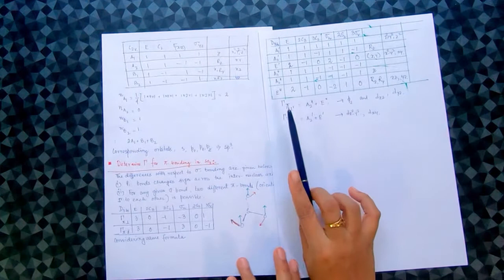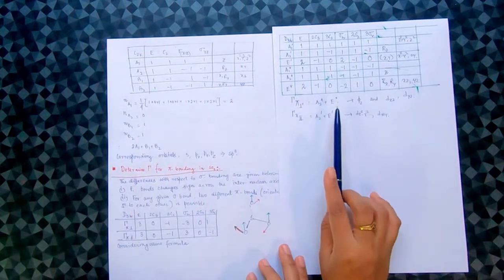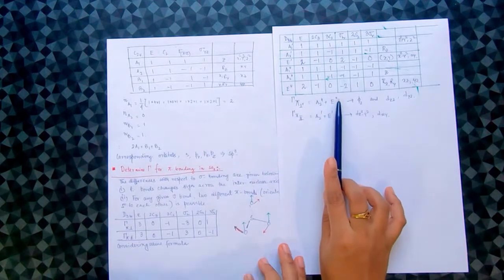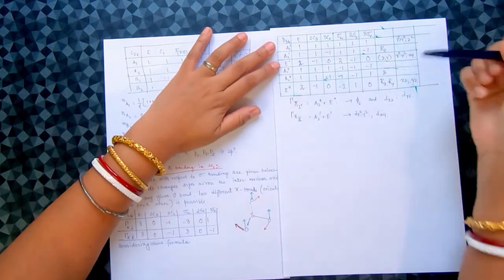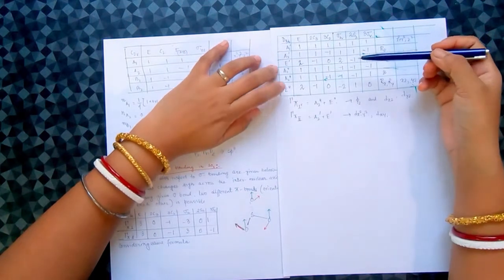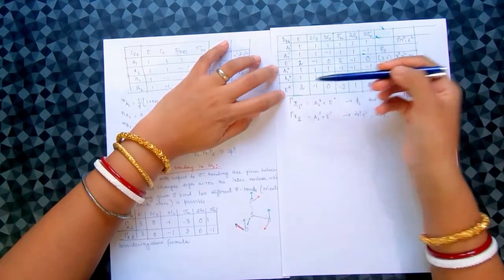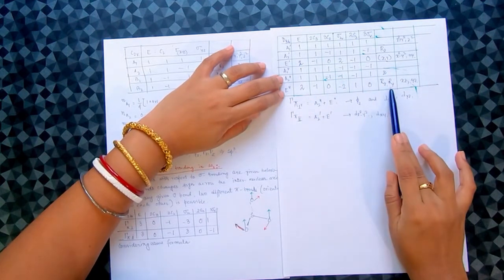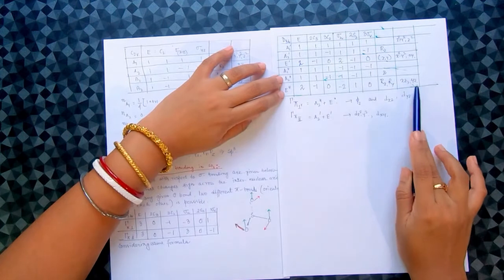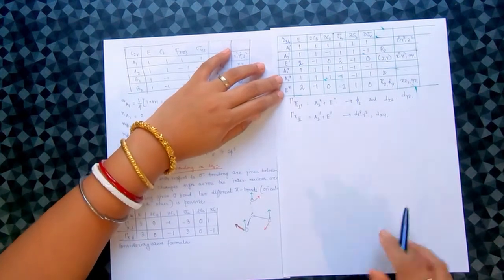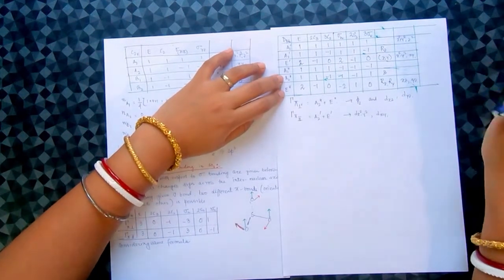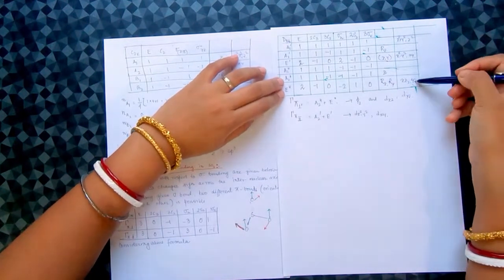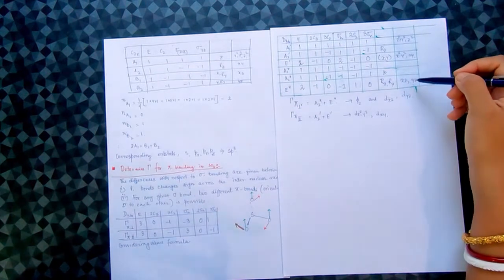Okay, so for the perpendicular position, I'm going to get A2 double prime plus E double prime. So I need to check this Mulliken symbol. Yes, those are there, A2 double prime and E double prime. So the corresponding orbitals are Z, and Rx, Ry, and Xz and Yz. So what are the possible orbitals for these two cases? From this it is Pz, and for this case it is Dxz and Dyz.